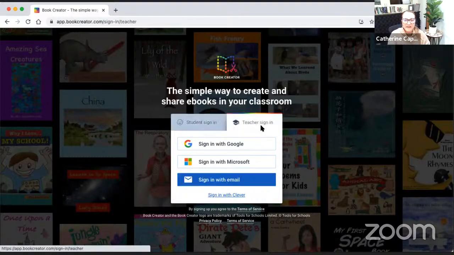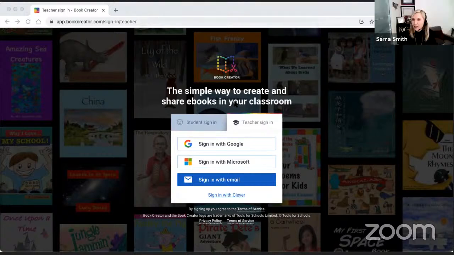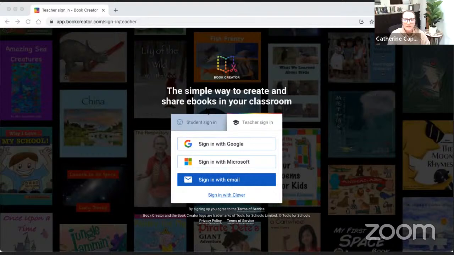Let's go ahead and sign in real quick. And it'll take me just a second. While it loads, I love when we can log in with Google. It makes it so much easier. Yes, definitely. Sorry, it's just loading. Hopefully you all are logged in by now.